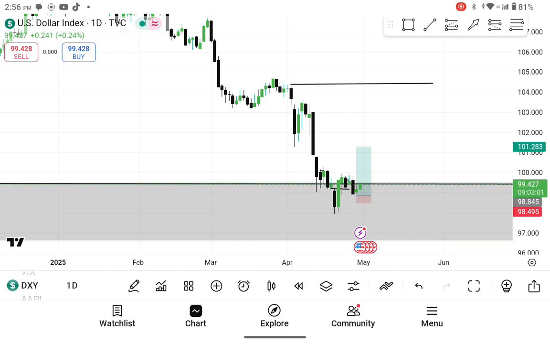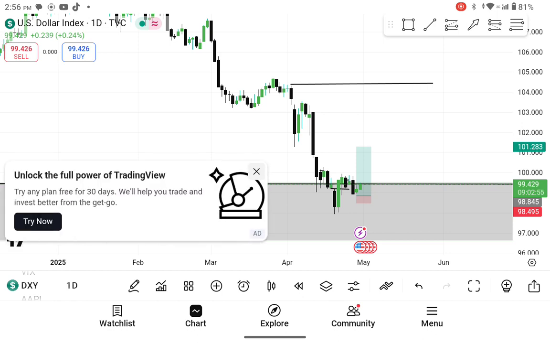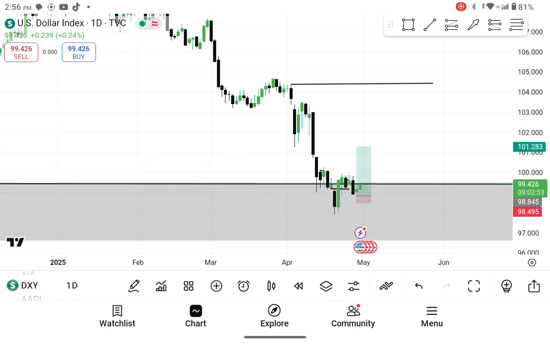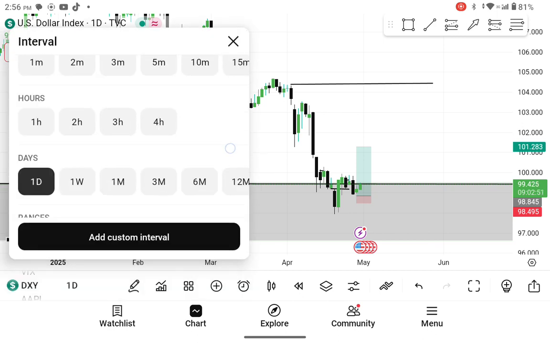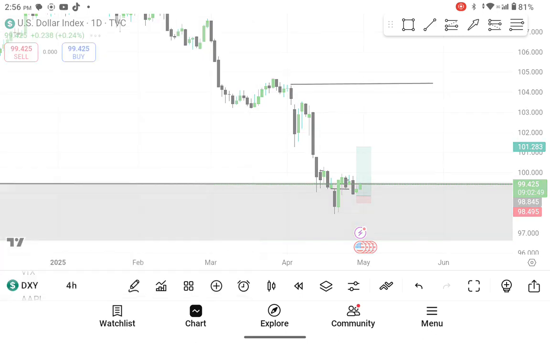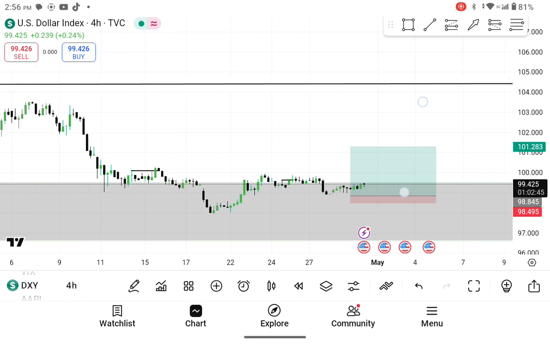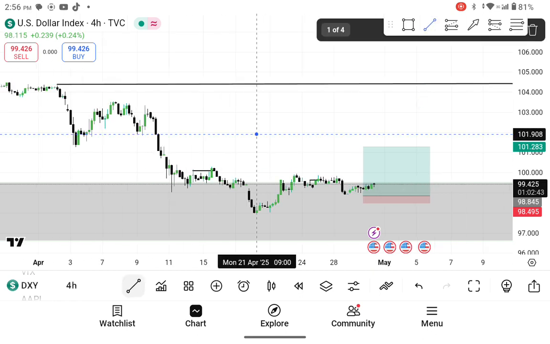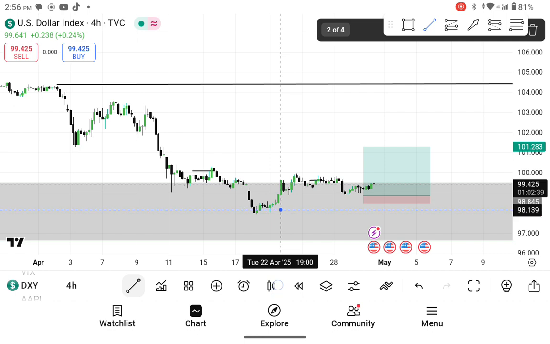So after having that change in the state of delivery, normally we will have a fair value gap in the smaller time frame. Like if we had to go to our 4 hours time frame, we will have a demand zone or a fair value gap that the market needs to come back and fill in. So after giving us that change in the state of delivery, we had this liquidity